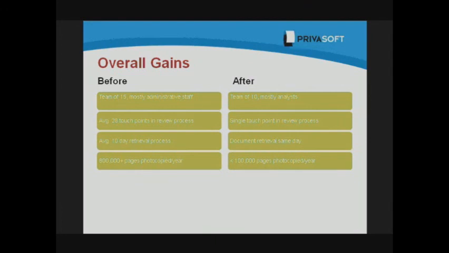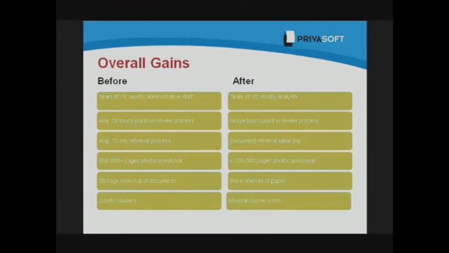Eliminating the huge amounts of photocopying and mailing they were doing freed up more reviewers who can in turn go through a lot more sophisticated requests and a lot more records. So as you can see, the